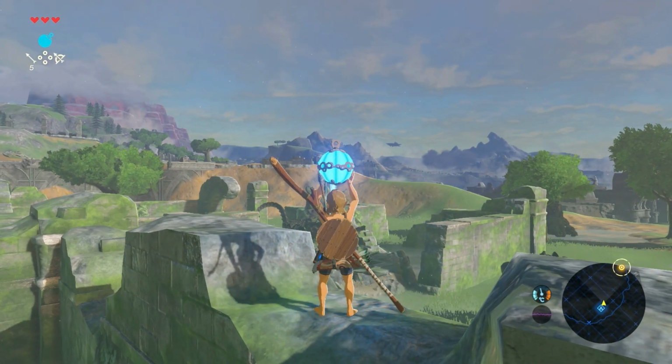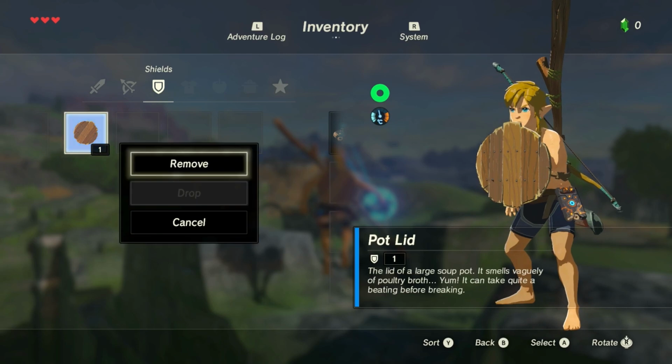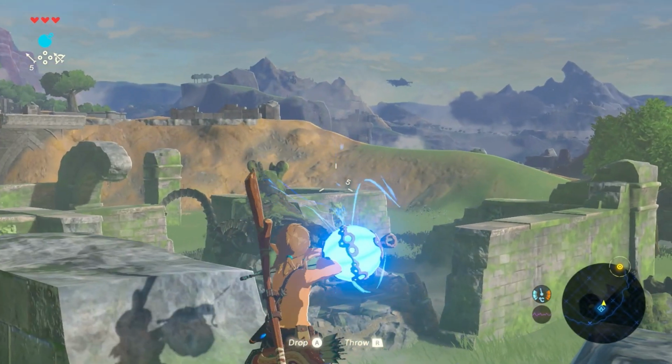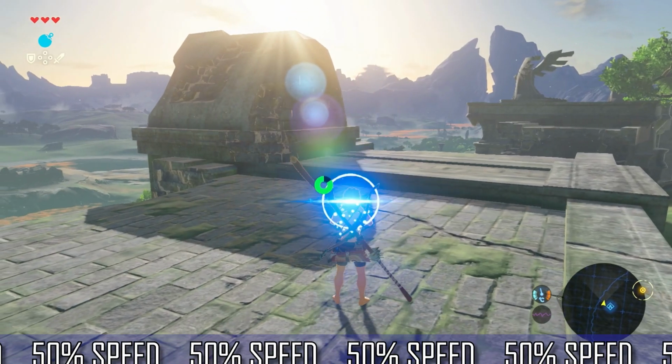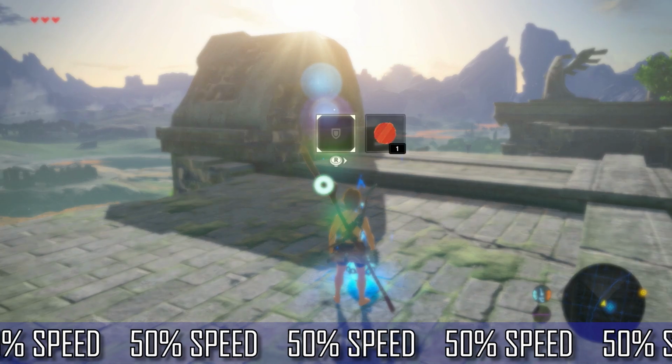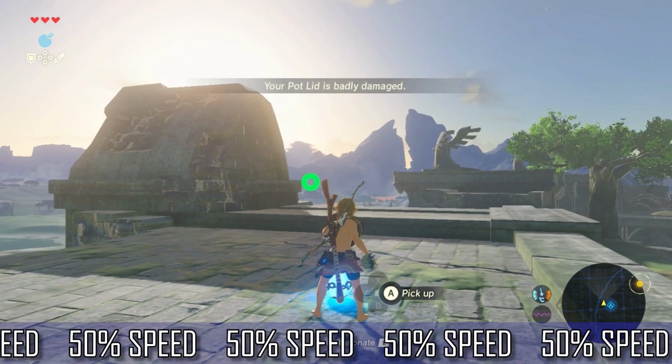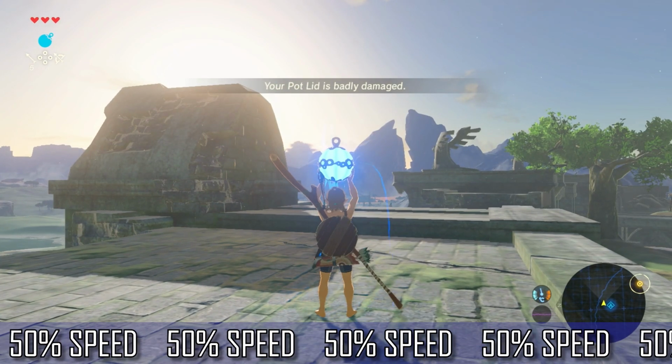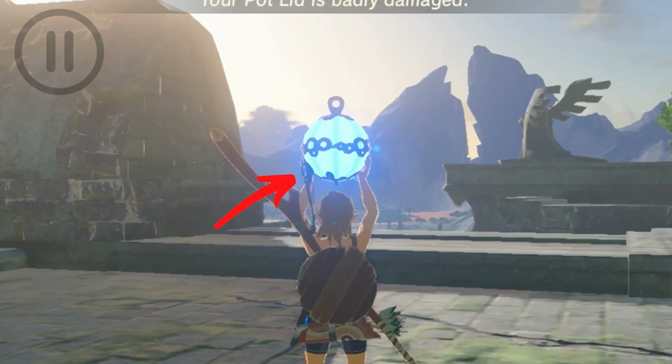The glitch can be done anywhere in the world, but it's recommended you do it near some sort of ledge or slope to fully activate the BLSS. So take out a bomb and drop it at your feet. Now with your shield out by holding ZL, press ZR and A at the same time in front of the bomb. If you time the button presses correctly, Link should be holding a bomb above him with a bow in